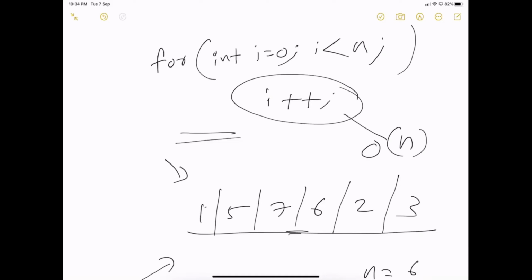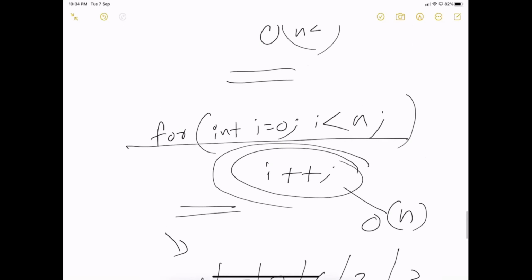Whenever you have a loop, whatever the logic, maybe in the best case you may exit that loop before reaching n. But in the worst case, you will be executing this statement, or whatever statements are inside the for loop, n times. So if n is 5, then you will be executing it 5 times.